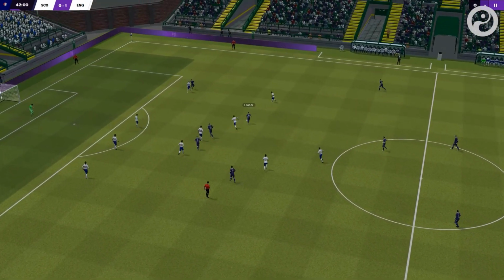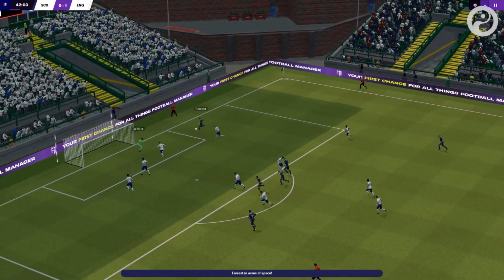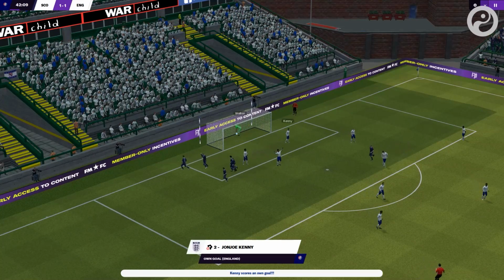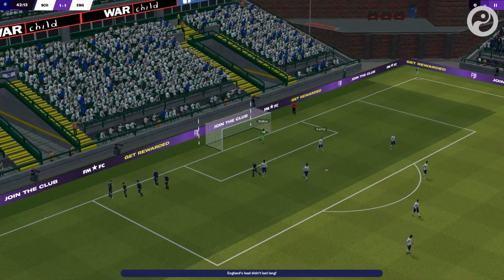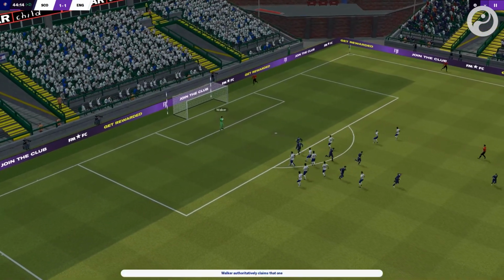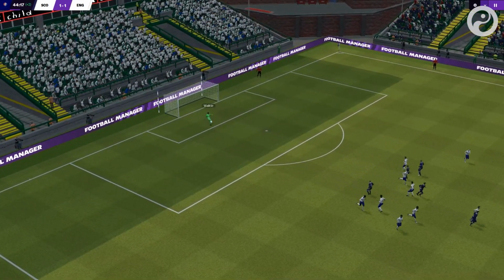A little bit of a miscommunication in the end caused problems for Kyle Walker, and in the end John Joe Kenny ended up putting the ball in the back of his own net. But Scotland were keen for more though. But look at this, Kyle Walker, fantastic command of area and handling as he came out to get this ball,